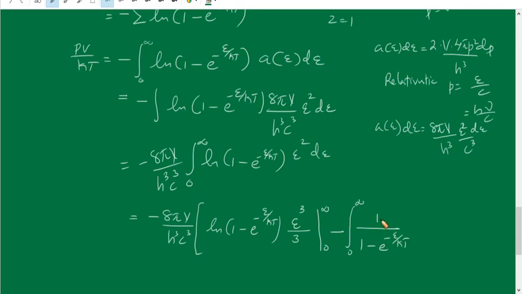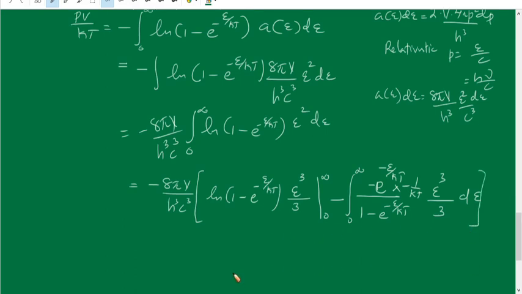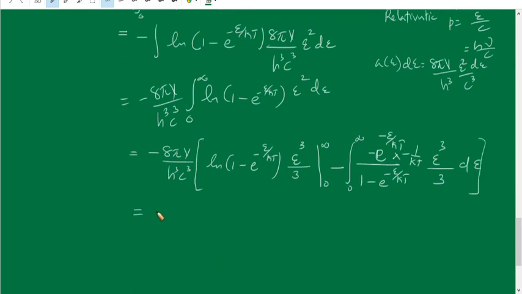So this will be minus e^(−ε/kT) into minus 1 divided by kT, into the integral of the second term, ε³/3 dε. So this integration, therefore we'll get